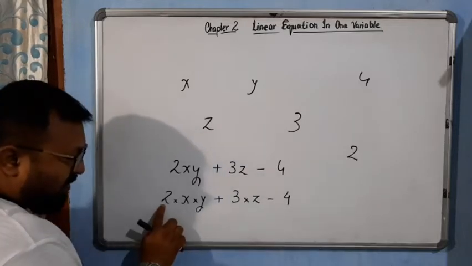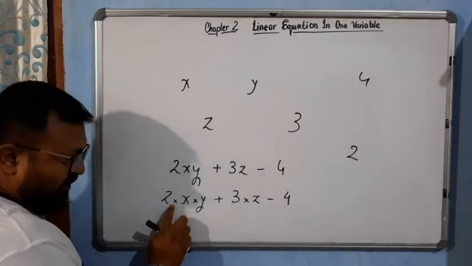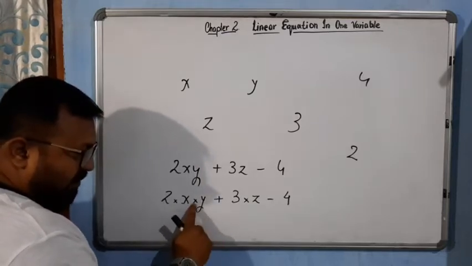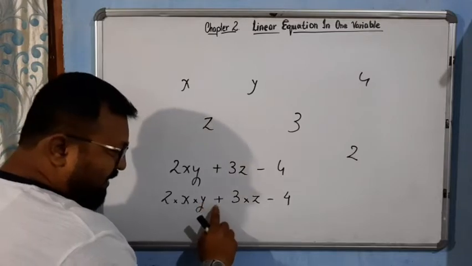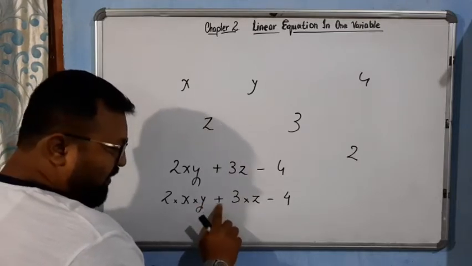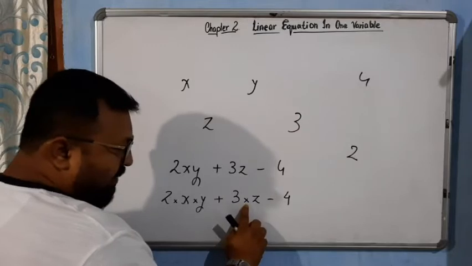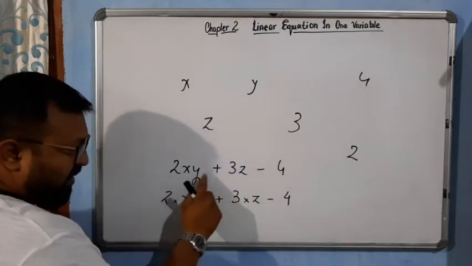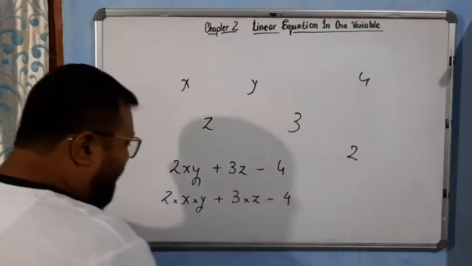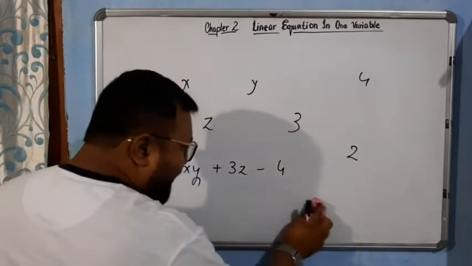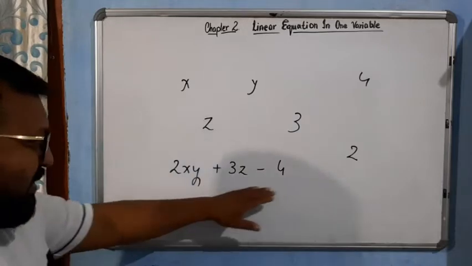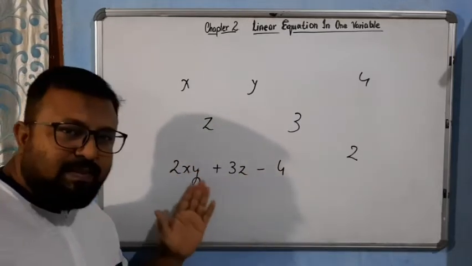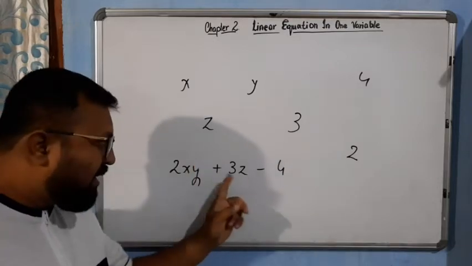This constant is combined with the variable by using multiplication. These two variables are combined by multiplication, and again there is a combination between this variable and this constant by giving addition, again multiplication, again subtraction. So now it makes sense here: 2xy plus 3z minus 4. Now this is an expression, and these are known as terms. And terms are separated by only two operators, that is plus and minus.